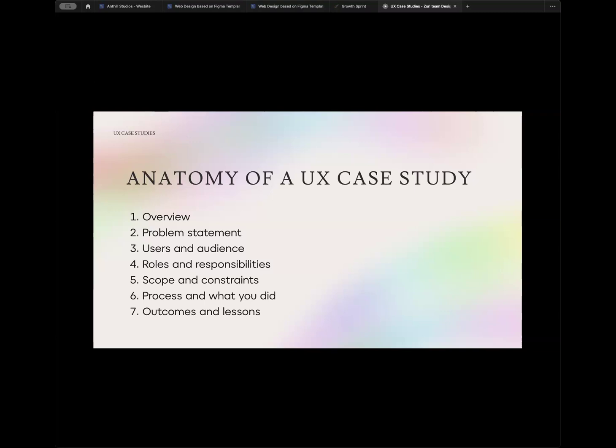And then you talk about the process and what you did. This is the part where you really, really need to grab people. They need to feel what you feel. You need to be able to take them through your journey on the project, right? And afterwards, you talk about, okay, since you've gone through sections 1 to 6, this is what happened in the end. That's number 7. Like, these are the outcomes, these are the goals that we achieved, and these are the lessons that we learned. So generally, that's the anatomy of a UX case study. I hope I was able to simplify it enough to make it very easy for you to attempt yours when it's time. But yes, now let's move to